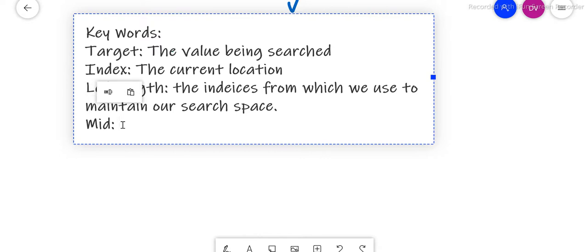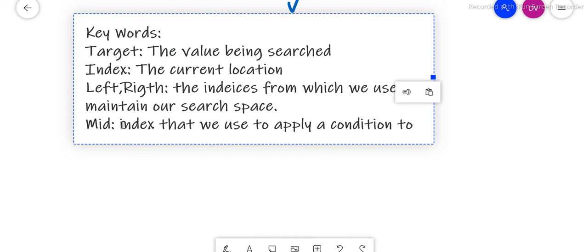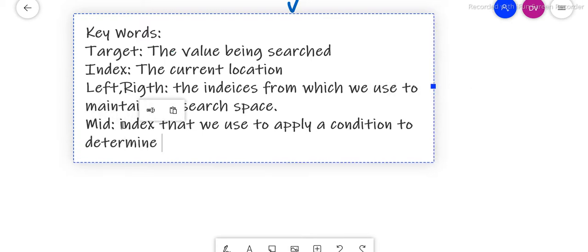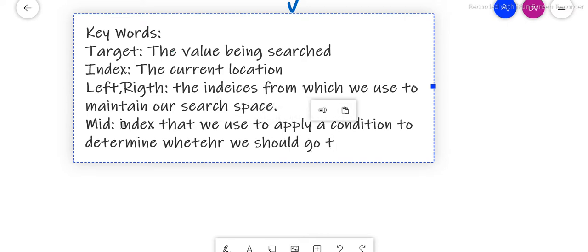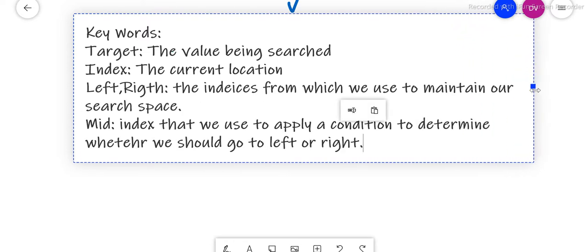Mid is the index that we use to apply a condition to determine whether we should go to left or right. Okay, so now we have seen the definitions